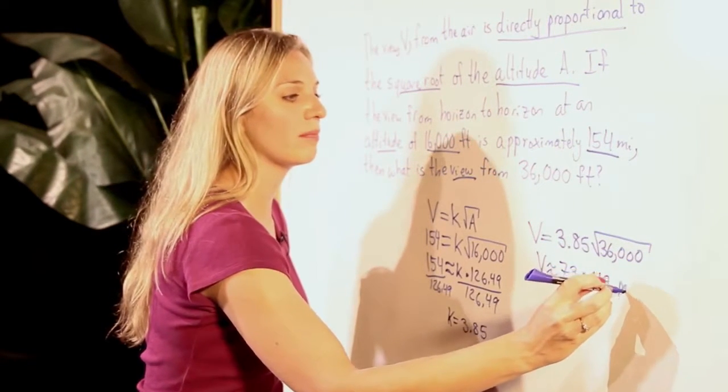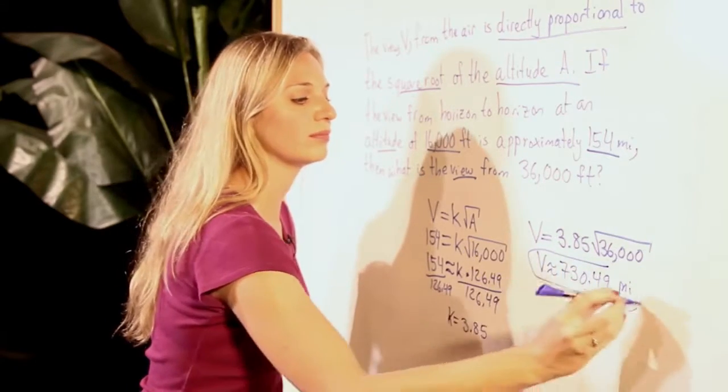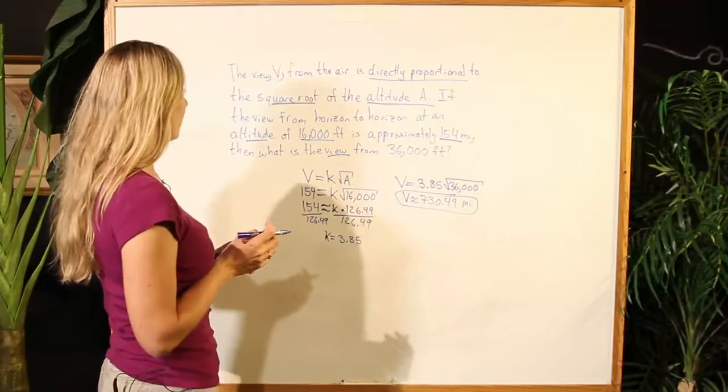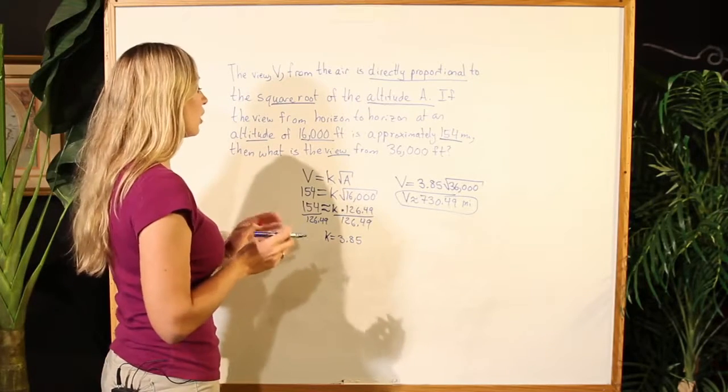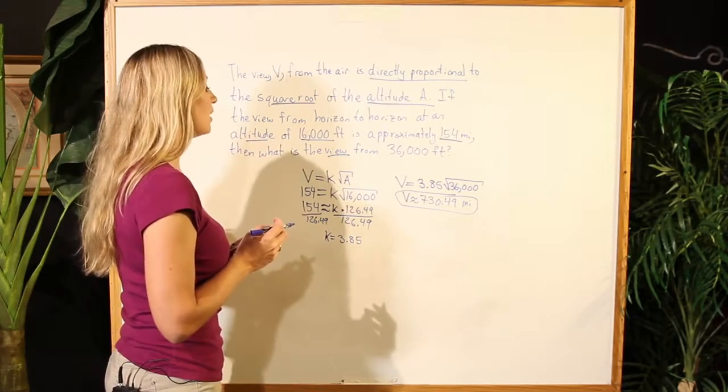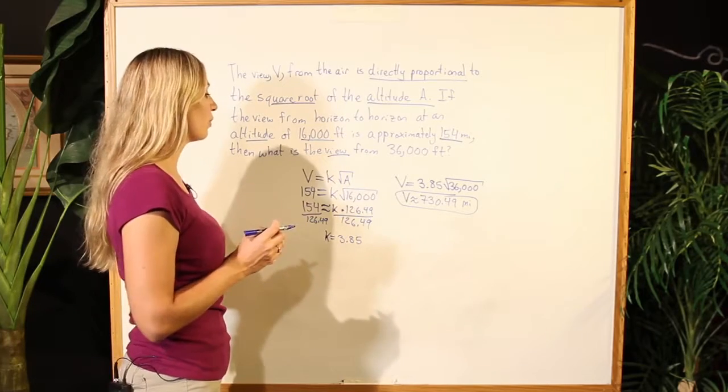Multiplying these values together, we will find we have a v approximately equal to 730.49 miles. Thus, we have found that if we have a 36,000 foot altitude, our view is going to be approximately 730.49